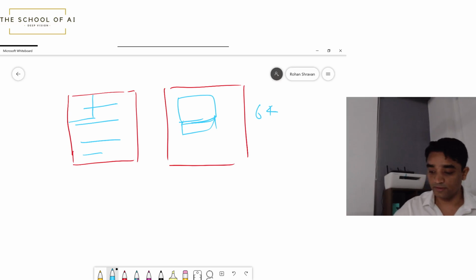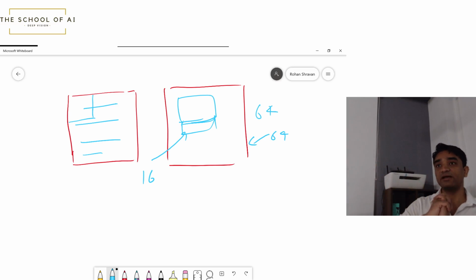Okay. This is 64 and let us say this is 16 right now. Let us go to 64 and the receptive field also 64. If the receptive field is 64, then you can't convolve. You're just on top, you're going to multiply everything and you're going to be done. But if now the receptive field is 200 and the image size is 600 or 64, what is going to happen is, this is your image, this is your receptive field. You are going to move your receptive field on top of your image,